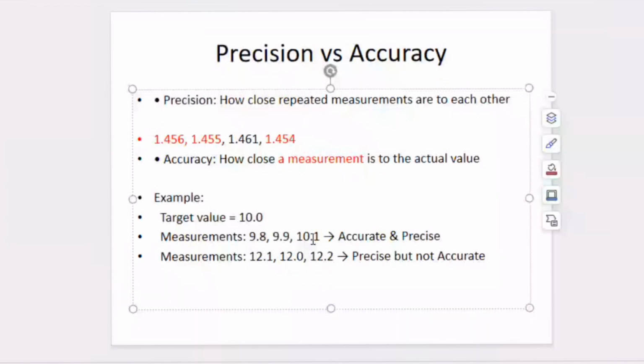However, for this one here, we have 12.1, 12.0, 12.2. Comparing their precision, they are actually precise, but they are not accurate. The reason they're not accurate is because the real target is 10. Because your answer is far from this, though they are close and precise, they are not accurate. So I believe this should clarify what precision and accuracy are,